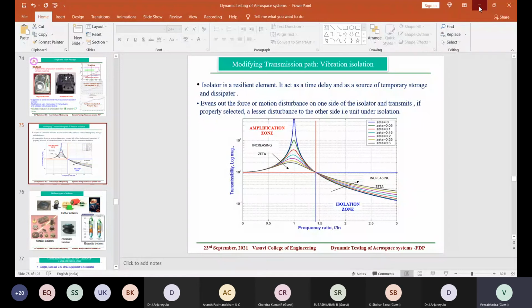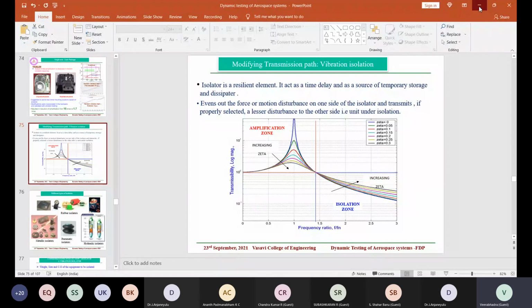Suppose you are transporting some system. All our vehicles, these lorries and others, have a suspension system, hydraulic or pneumatic, or air also. When we transport bigger systems, we put one more stage of isolation, wire mounts, and then put it. So that is two stage isolation. Already it is 3 hertz, so we will use less than 3 hertz. But when you are using second stage isolation, you should be careful. You should use below or very low frequency isolation.